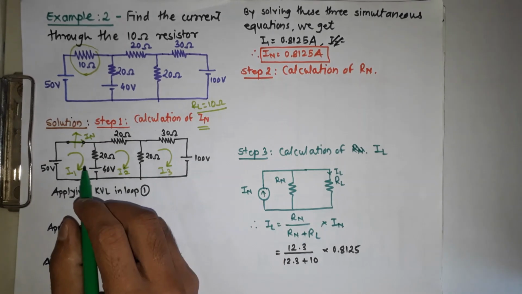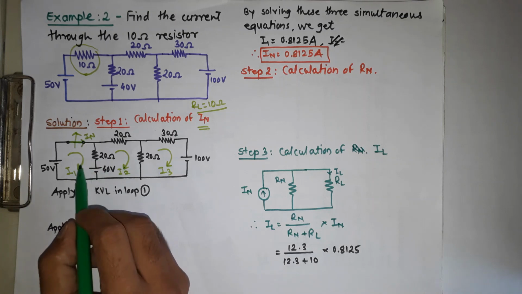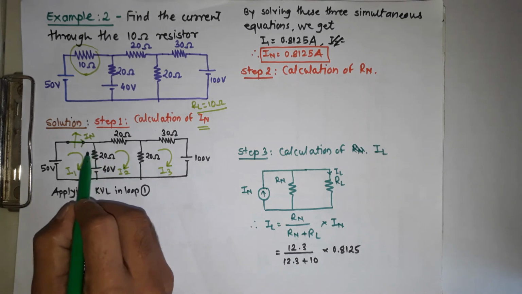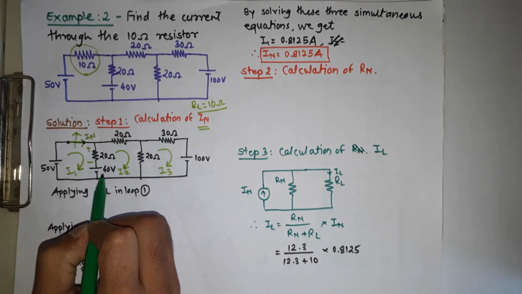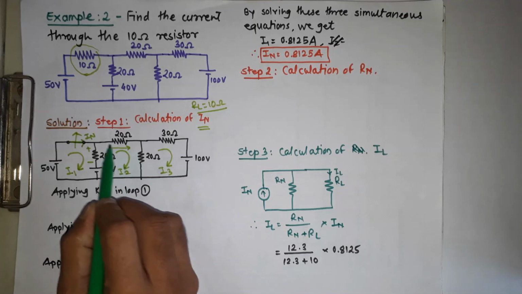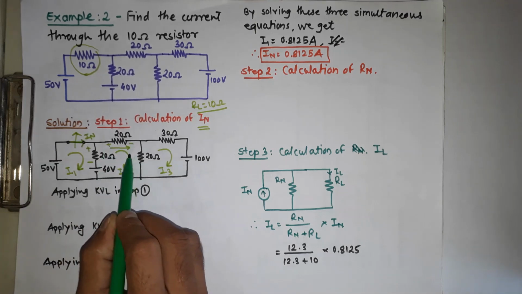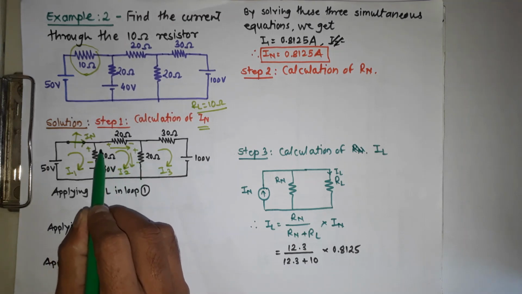Then the next step in the mesh analysis is giving the sign conventions as per the direction of current. I1, flowing in loop 1 in clockwise direction, goes downwards through the 20 ohm resistance, so the starting terminal is plus and the end terminal is minus. Then in the second loop, starting from this 20 ohm resistance, current flows in this direction, so starting terminal plus, end minus, again going like this, plus minus, and for this 20 ohm it is going upwards, so it is plus to minus.